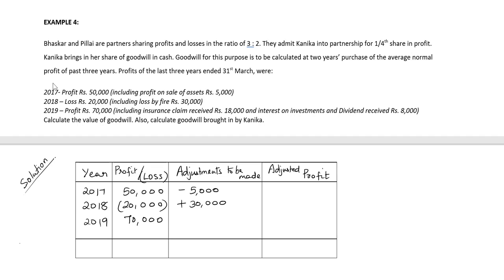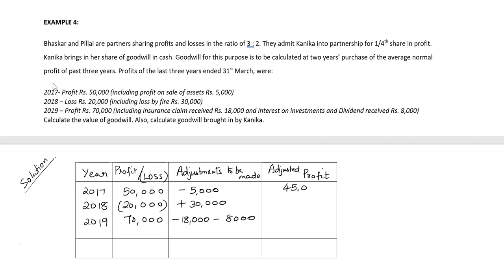And in 2019, it includes insurance claim received of rupees 18,000, an abnormal gain, which we will deduct rupees 18,000. And interest on investment and dividend received of rupees 8,000. So it's interest on non-trade investments. So I will deduct that also. To arrive at the adjusted profit,